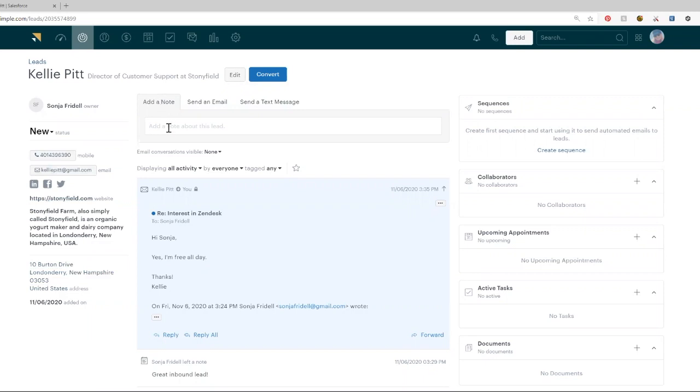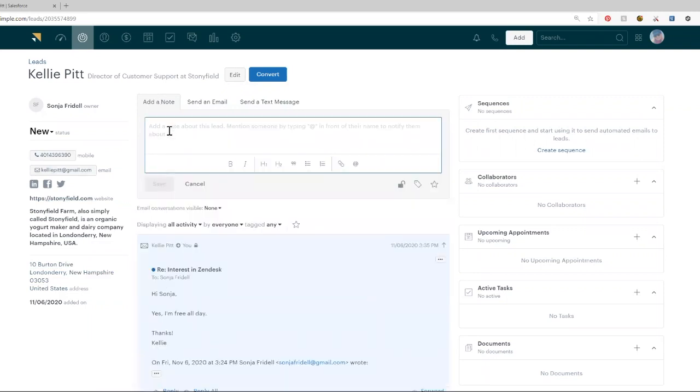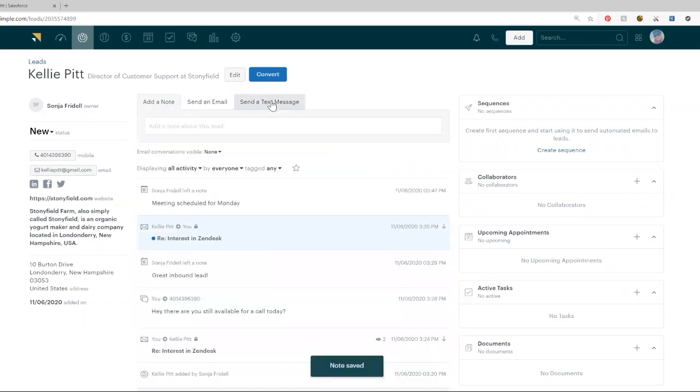There's a very easy interface where I can go in here and add a note. I can also send an email and a text message. You can see on the side here, these are supporting areas, sequences. They've got a very nice marketing automation light program called Reach, in which you can send nurture emails out to leads and prospects. Collaborators or other people on a deal, upcoming appointments or tasks are here, and you can also